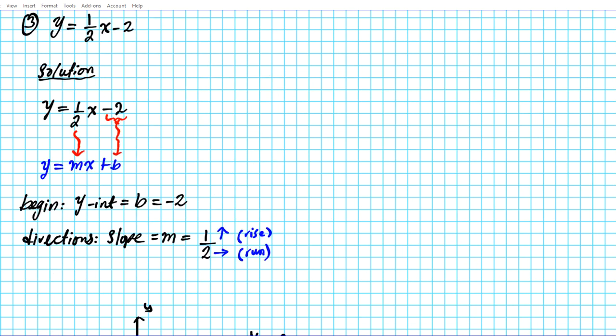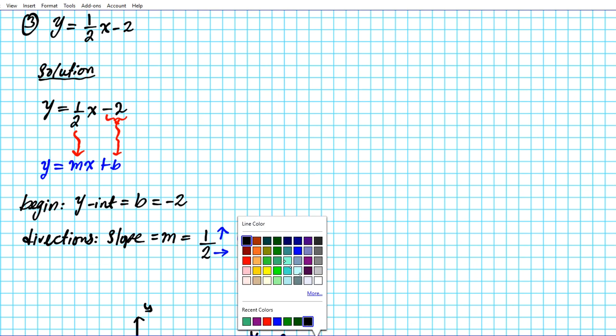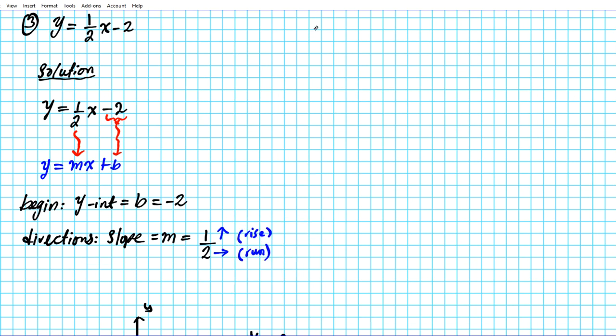All right, let's try one more example. What if we have a fractional slope that is negative? How are we going to graph that? Let's say we have y equals -4/3 x plus 3. All right, so to do this, we're going to start by rewriting the problem, y equals -4/3